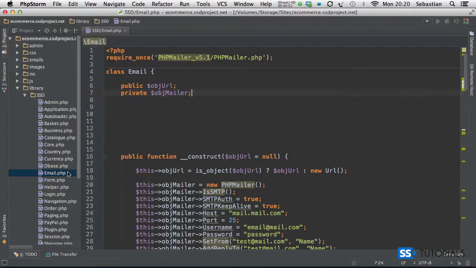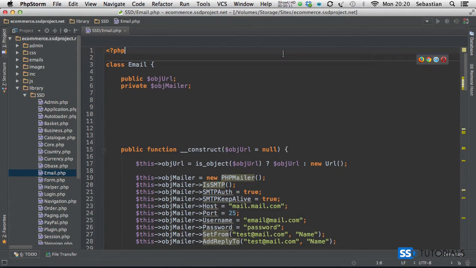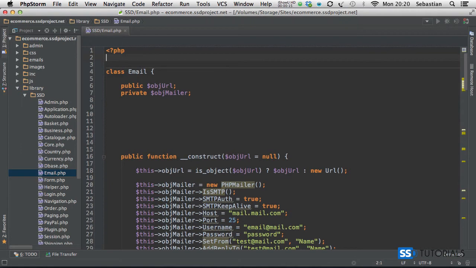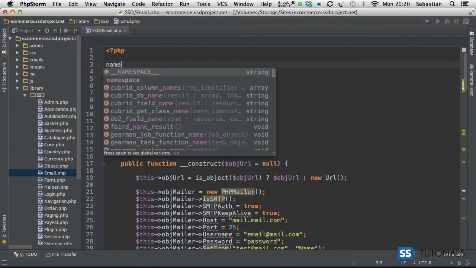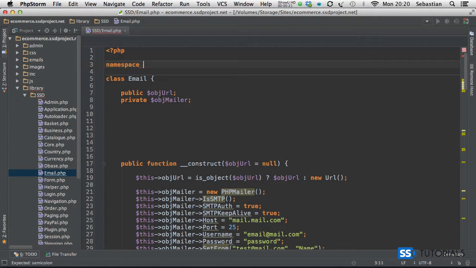If we now open our email.php file, which you'll find inside of the library SSD folder, because we have removed PHP mailer, we can remove this require once from the top of the file. We are going to be using Zend framework now. We're going to start with a namespace to indicate obviously what namespace this email class belongs to, and it's obviously